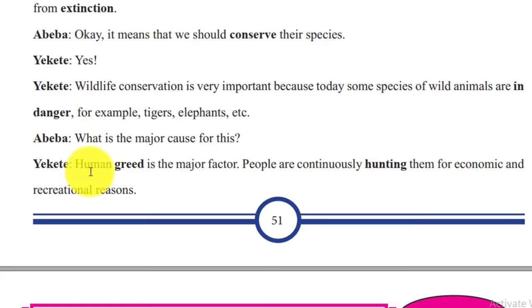ዋና መንስኤ ተላለ ከቴ human greed ነው። አንዱ major cause human greed because humans are greedy ስለሆኑ ነው፣ ይሄንን just a kind of hunting የማደን ስራ እየሰሩ ያሉ። ስለዚህ greed ማለት since human greed is human just being selfish፣ በተለይ ራስ ወዳድ መሆን እሱን ያሳያል ማለት ነው። selfish desire ልንለው እንችላለን። selfish desire የራስ የመውደድ ፍላጎት greed ይባላል። selfish desire is the major factor. People are continuously hunting them.